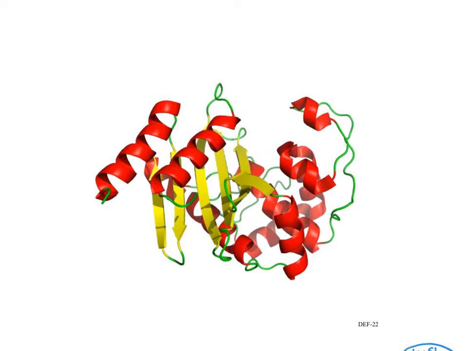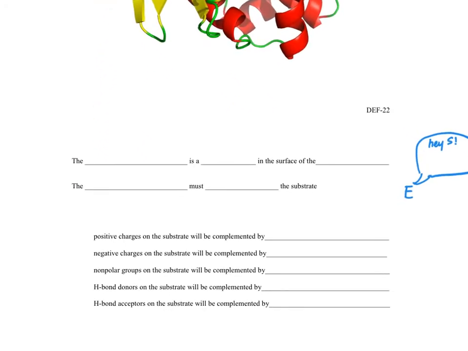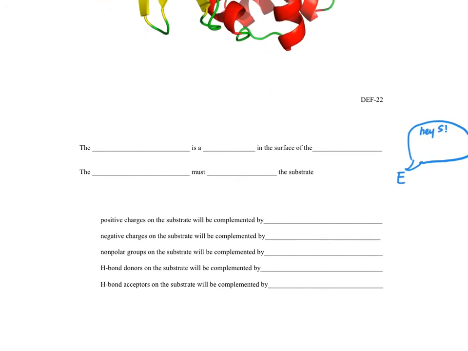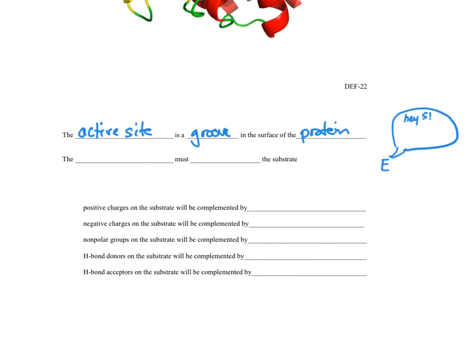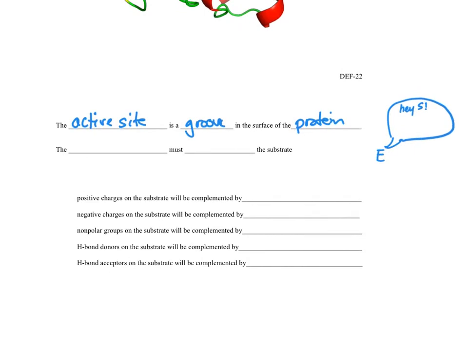In order to understand how enzymes work, we have to start with this groove, and we'll do so on the next page. That's called the active site, and the active site is what this whole video is about. The active site is a groove on the surface of the protein that is an enzyme. And in order to understand this, what we have to say is that the active site is going to, or must, complement